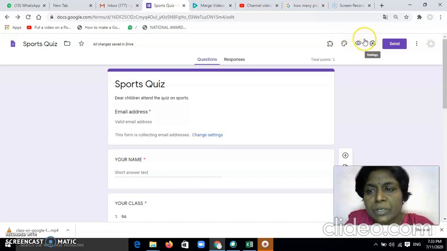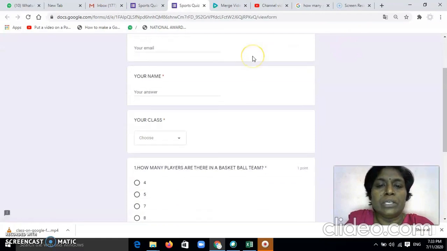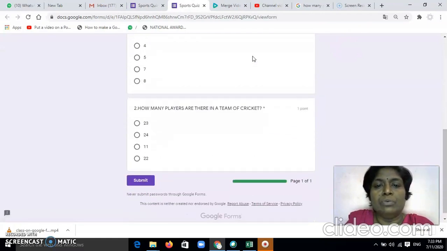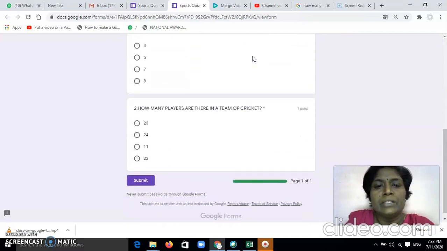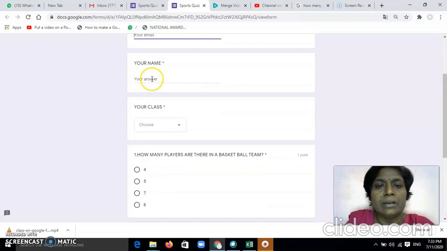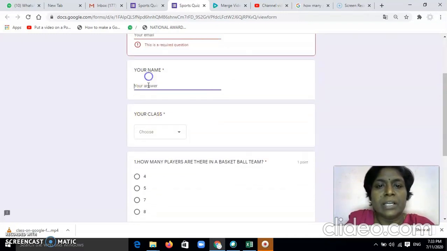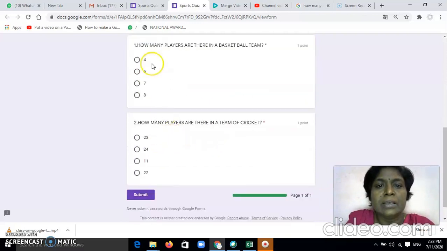In the preview tab, you just click preview. You will be able to see the preview of the Google Form. Now my Google Form will appear like this to the child. See, the child has to write the name here, then the email address here, then his class he can pick from this, and then answer the questions like this.